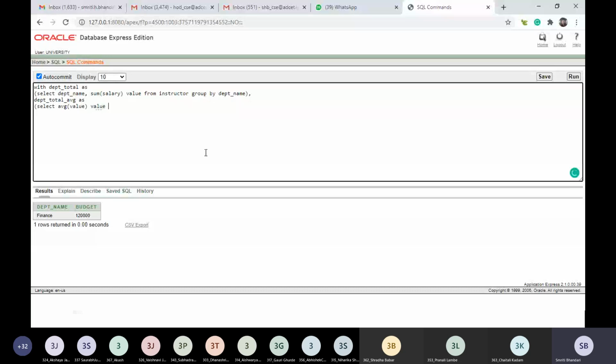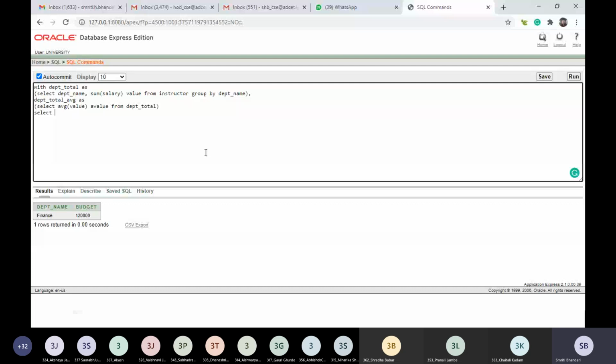So average of value, rename it as A value, from department total. So this is how we have created two temporary relations.